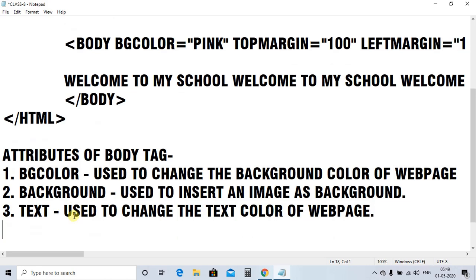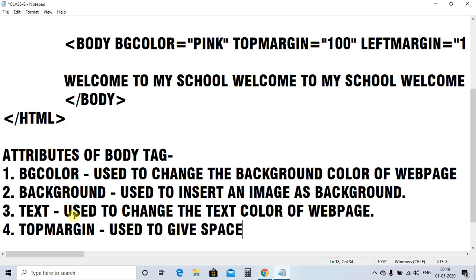And then top margin, used to give space, or you can say margin, from the top side.